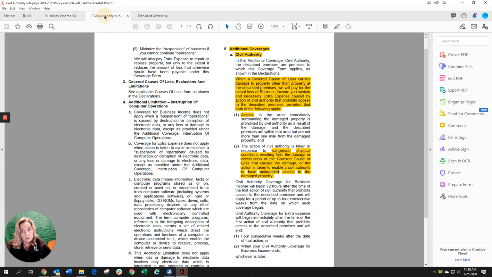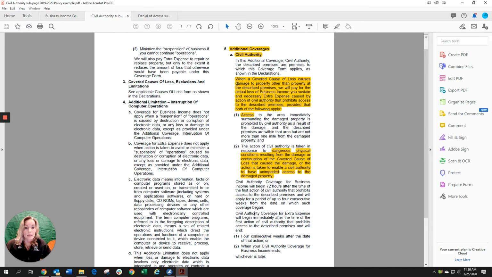I'm going to go back to civil authority. A lot of questions have come up about the fact that I was closed by somebody else. So here's your civil authority in most policies, and here's how it reads: in addition to the coverage, civil authority, the described premises are covered when a covered cause of loss,